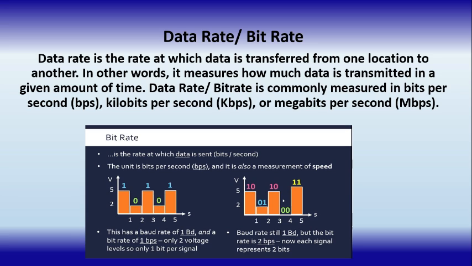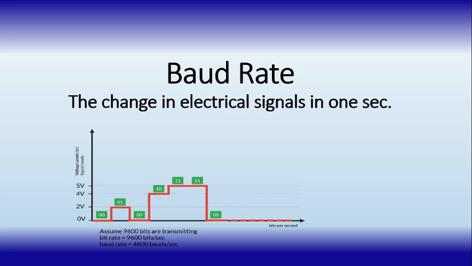In transmission media like optical fiber, wire or internet wire, the data travels in bit form and these bits lead to electrical signals. We count the bits from sender to receiver and see how many bits transfer in a second. That is called data rate. Baud rate: the change in electrical signals in 1 second is called baud rate.